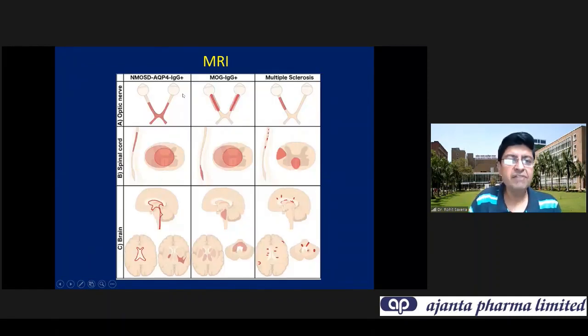So this is what we will see. So if you see multiple sclerosis, you will have a short segment enhancement. For NMO, you'll see long segment enhancement, including involvement of the chiasma, and MOG may have a perineural enhancement also, and often bilateral, as MOG can be a bilateral presentation. You can see the periventricular plaques in multiple sclerosis, whereas in the NMO, you will see the brainstem, the spinal cord in the cervical and the thoracic region. So these are the ways in which an early MRI may help us to differentiate and identify what we may be dealing with.